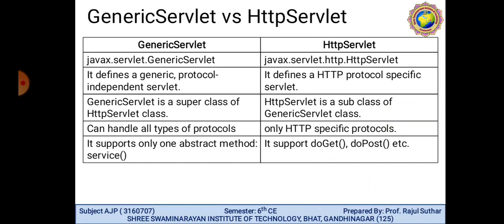Generic servlet is a superclass of HTTP servlet, while HTTP servlet is a subclass of generic servlet. Generic servlet can handle all types of protocols, while HTTP servlet handles only the HTTP protocol. Generic servlet supports only one abstract method, the service method, while HTTP servlet supports the doGet method as well as the doPost method.